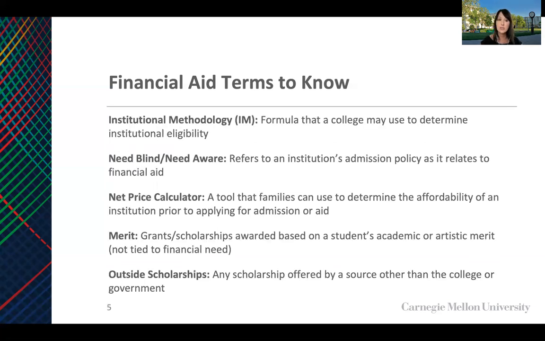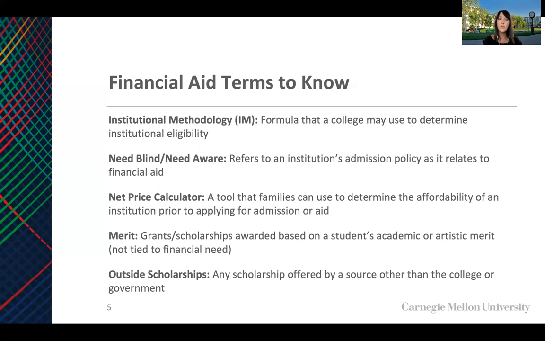So I mentioned there were two methodologies. The first one was FM, which was the federal. This is the second, institutional methodology, also known as IM. This is the formula that a college or a university may use to determine their institutional eligibility. So for Carnegie Mellon, the IM methodology is used with the CSS profile